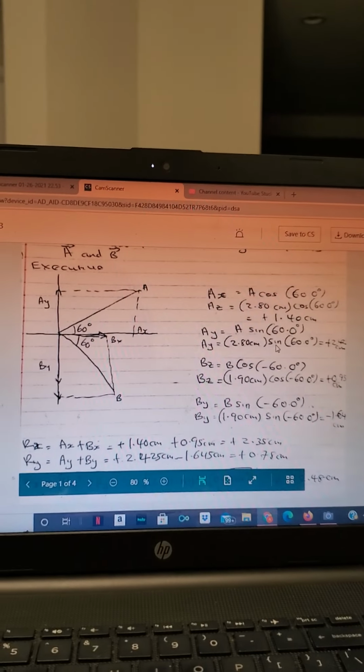Hello everyone, my name is Abosedi Okidara and I'm about to explain how to calculate vectors, which has to do with addition and subtraction of vectors. Thank you. So I have a question here that says